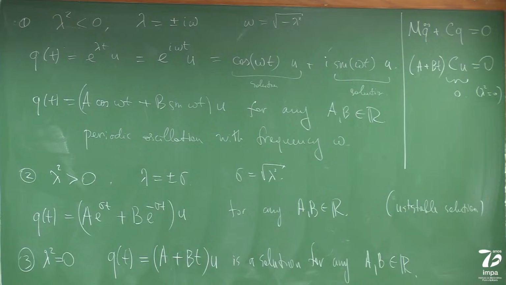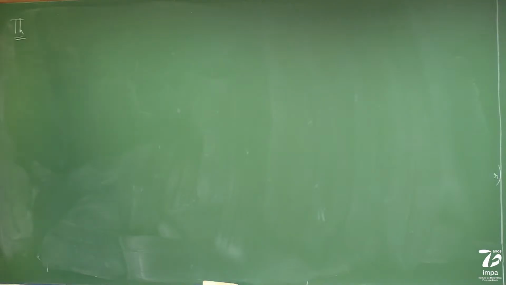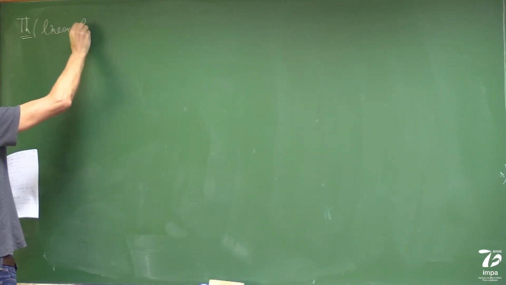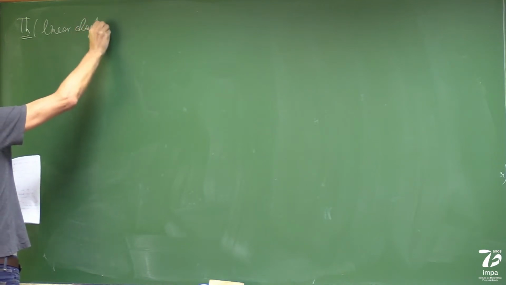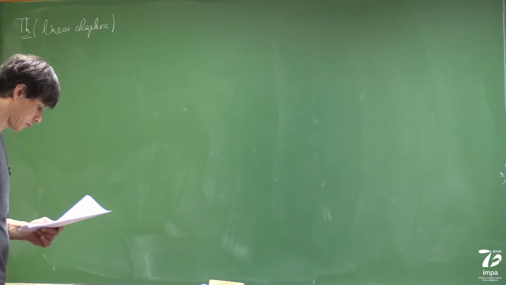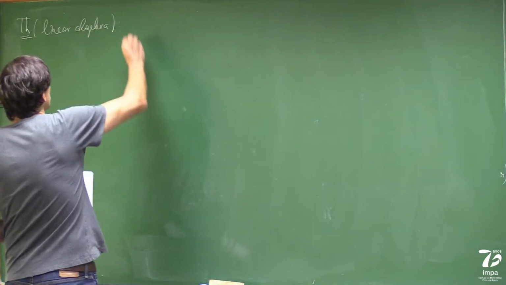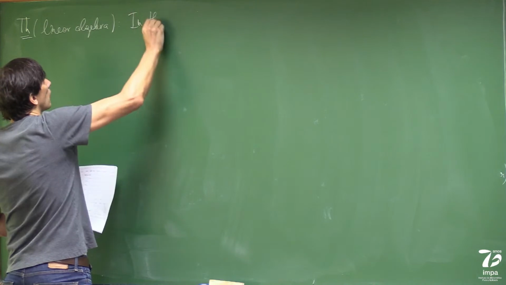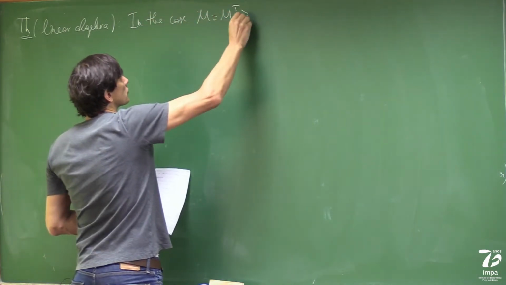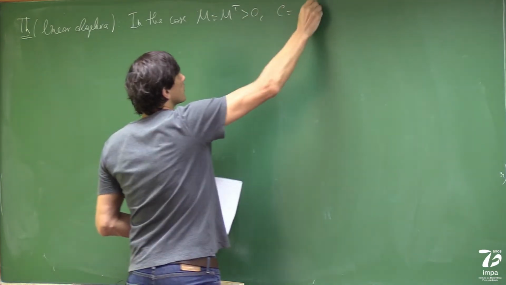In order to construct all solutions, you take a theorem from linear algebra that I'm not going to prove. But anyway, from linear algebra, we know that in the case when M is a symmetric matrix, positive definite, and C is a symmetric matrix,